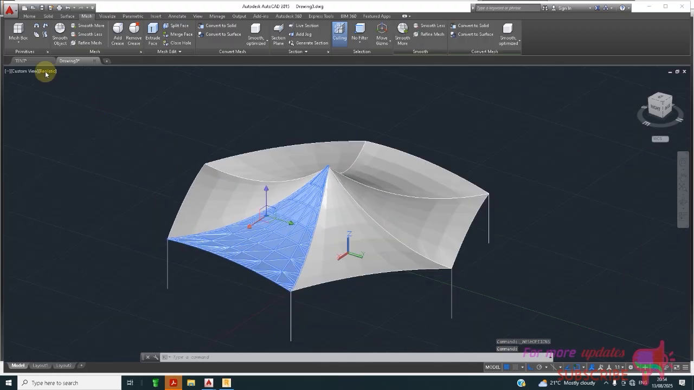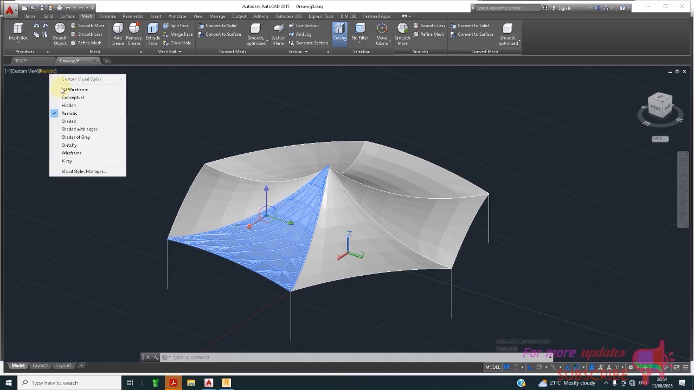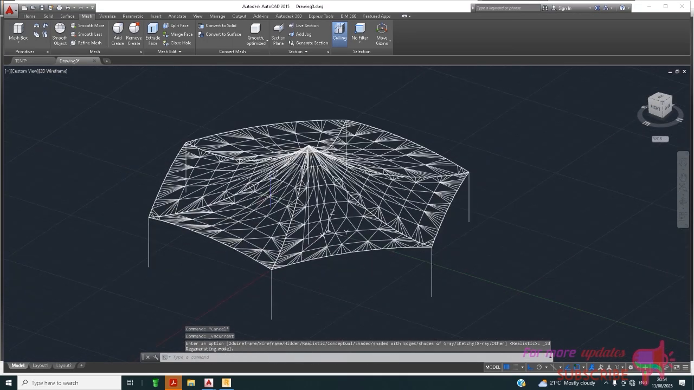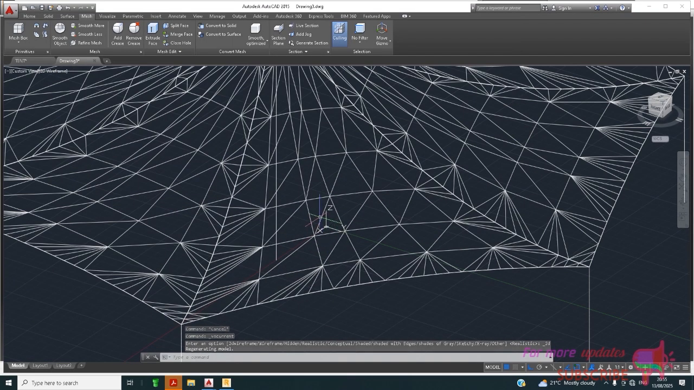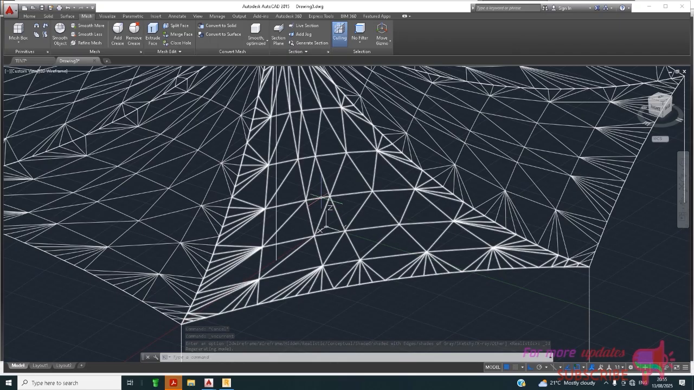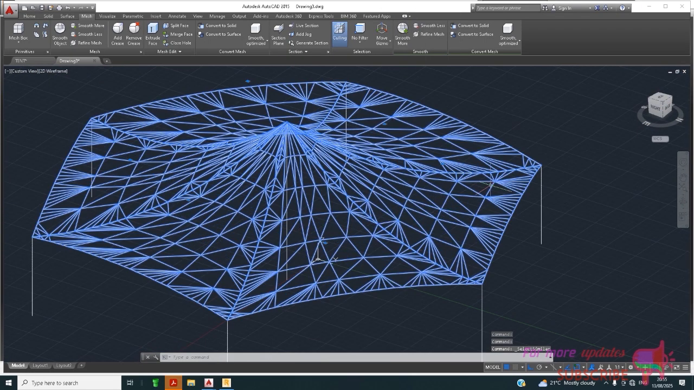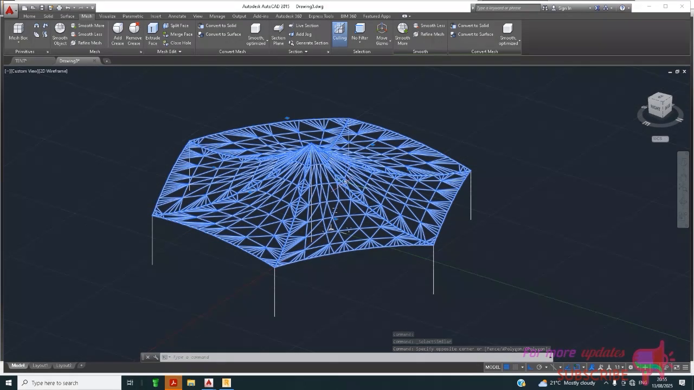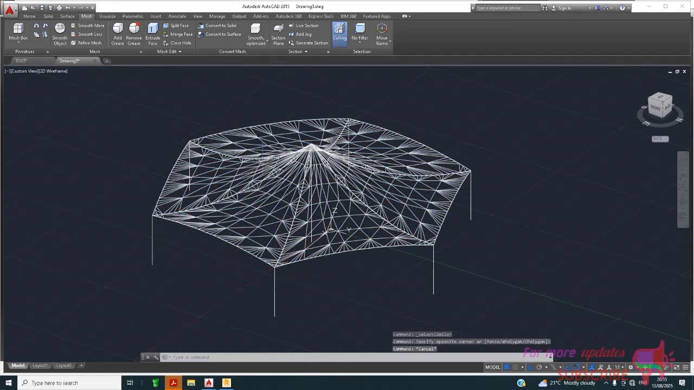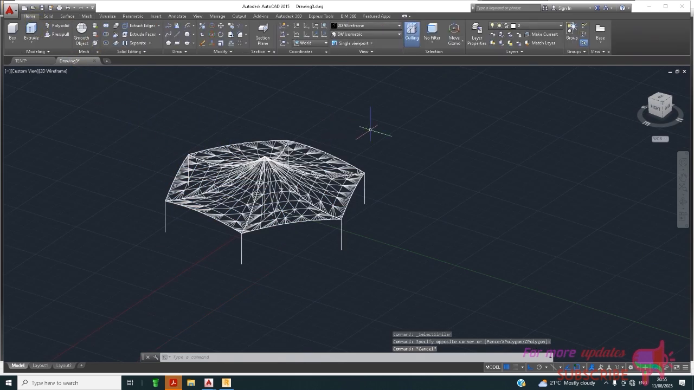Now we go to the wireframe. You can see our mesh. Now we can pick again, right click, select similar, and then we want to explode. Now before exploding, we can just go to home,